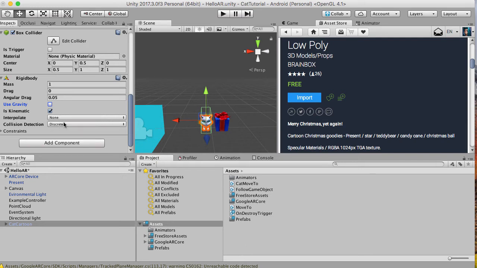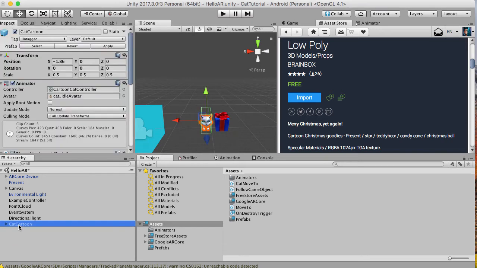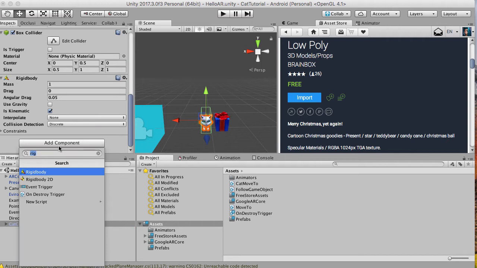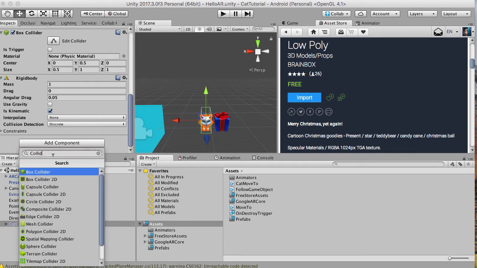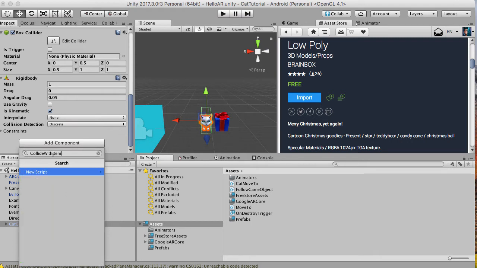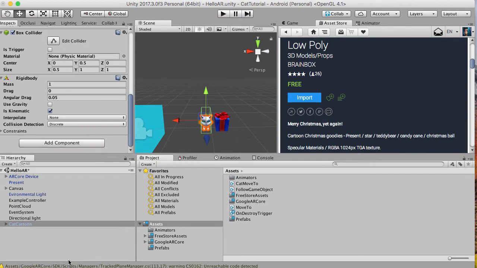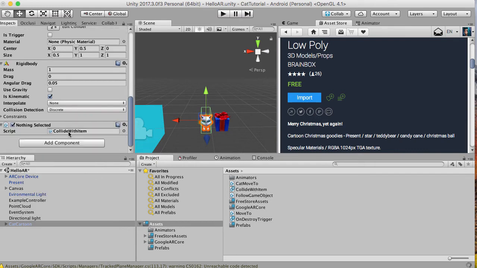So now we can actually create a script for colliding, an actual collider script. So let's do that now to our cat. Go down here and let's add collide with item. Maybe collide with items. Collide with item. Yeah, let's do that. Collide with item. And then in our collide with item script,